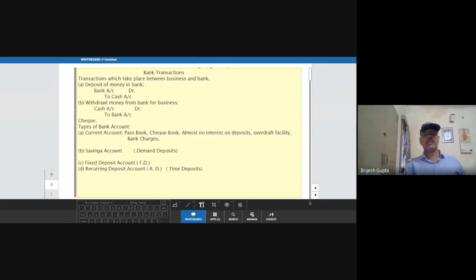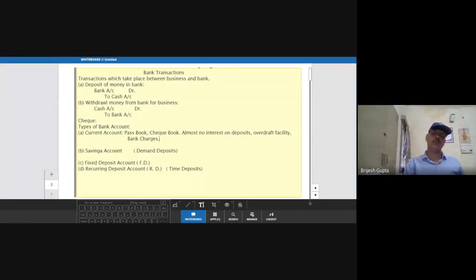So suppose you have a current account and you have some money deposited in your bank account. Whenever you go to the bank and you want to withdraw money, the bank cannot refuse or restrict you from withdrawing the money. So it is payable on demand. Money deposited in these two accounts, current account and savings account, is payable on demand of the customers. Whenever customers ask the bank to pay this money back, the bank will pay it to you.